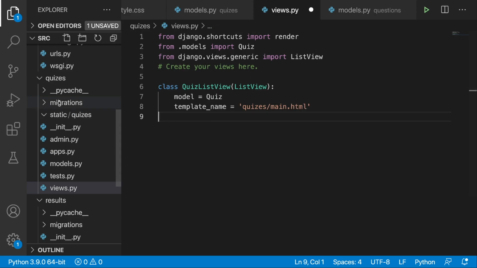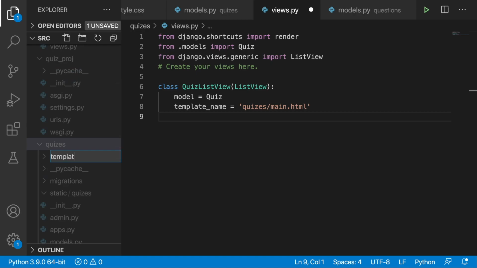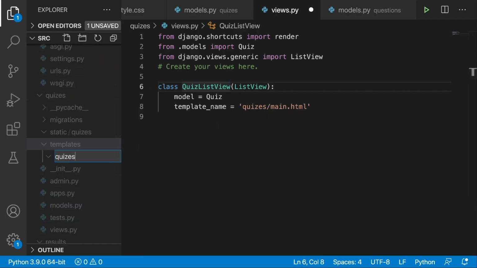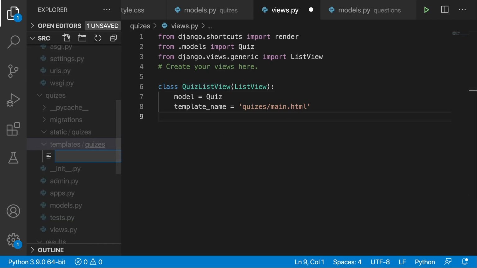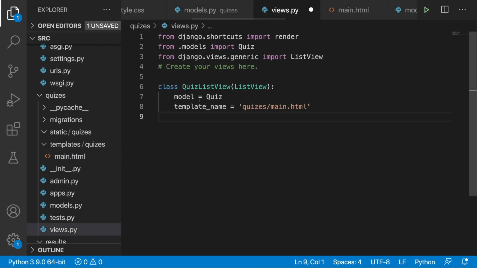So right now what we need to do is to go to quizzes, create a templates folder, and we need to make sure that this path will exist. So let's put in quizzes, and then inside of quizzes let's place main.html. All right, so we will take care of main.html in just a second, but let's also create another view,